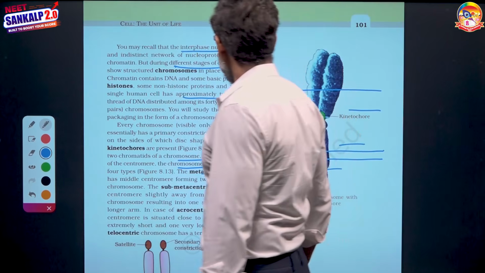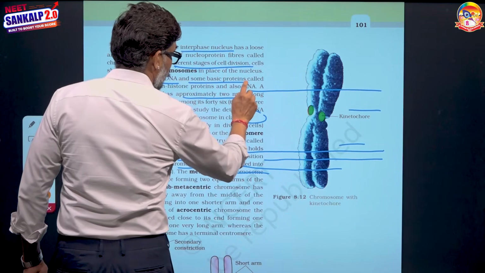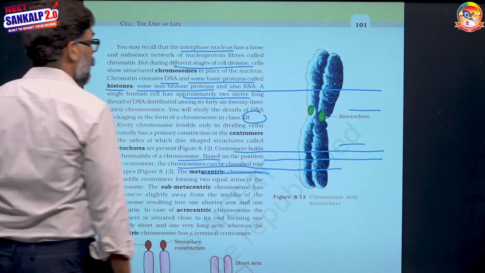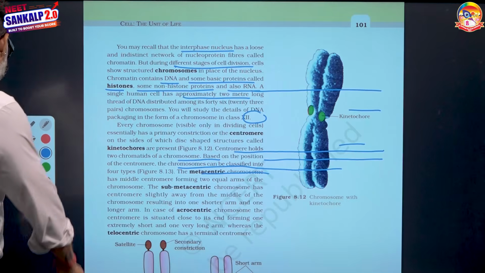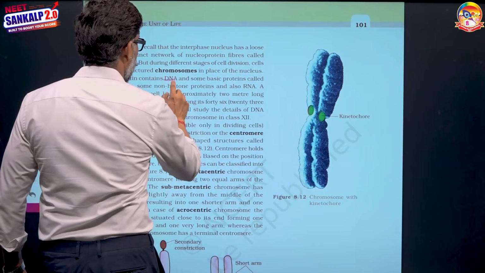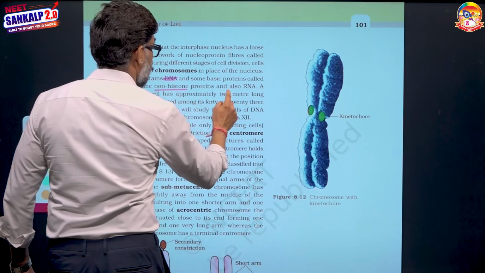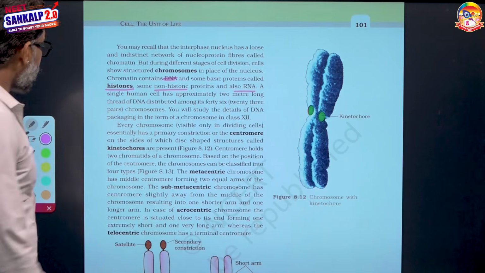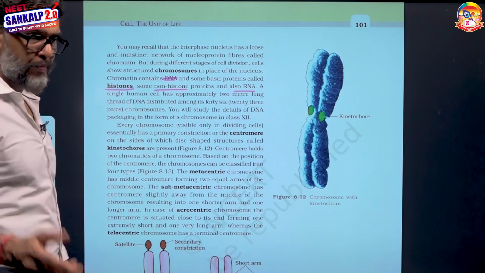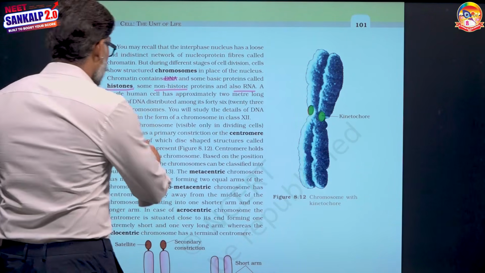What is the composition of chromatin? Chromatin contains DNA, some basic proteins called histones, some non-histone proteins, and RNA also. These are the components. You may recall, I repeat, DNA, histones, non-histones and RNA. A single human cell has approximately 2 meter long DNA thread, 2.2 meter around, that is 6.6 into 10 to the power 9 base pairs. In every chromosome,